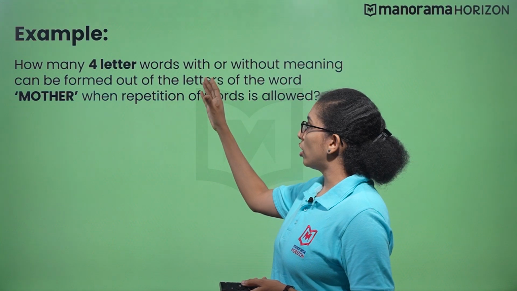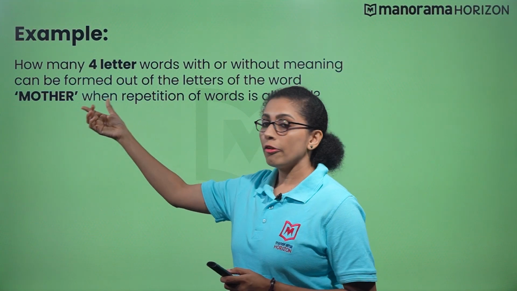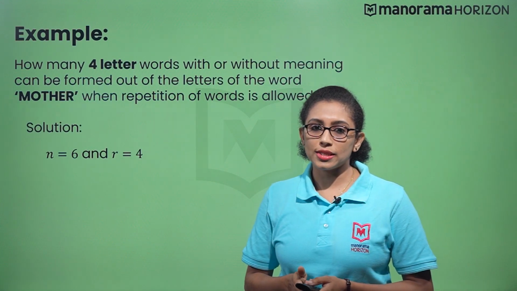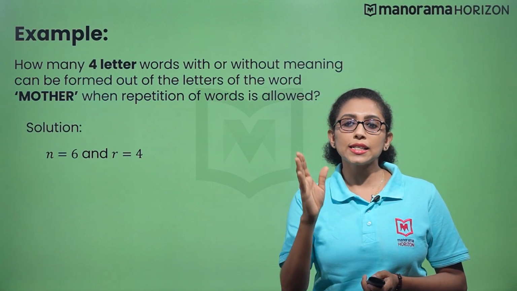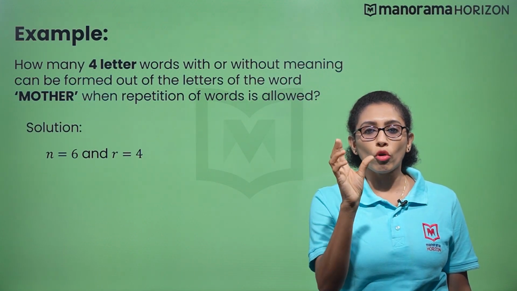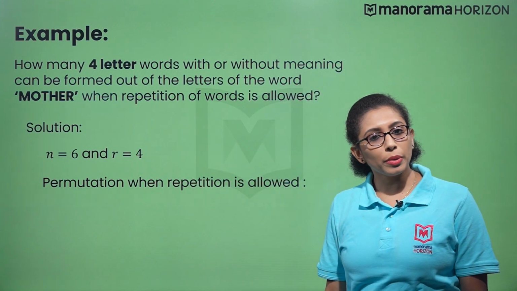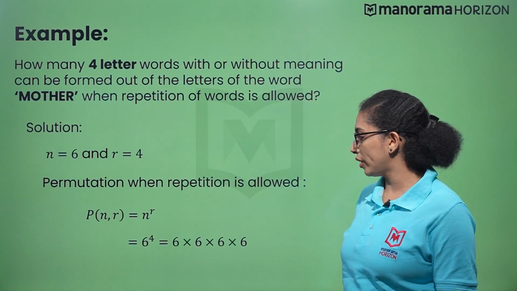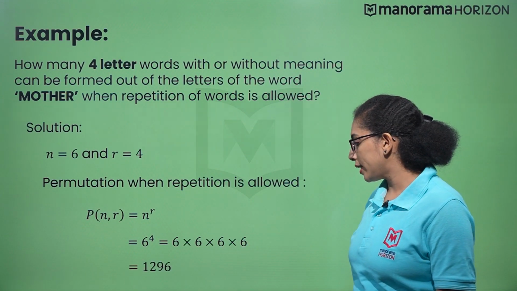How many 4-letter words, with or without meaning, can be formed out of the letters of the word mother when repetition of letters is allowed? Let's see the solution. Here, what is the number of objects, n? In this case, it is 6, as the word mother has 6 alphabets. And what is r? r is equal to 4, as we have to choose 4-letter words. Now, the permutation when repetition is allowed is given by P(n,r) = n^r. Substituting the values, we get 6^4, which is equal to 6 × 6 × 6 × 6, and we get